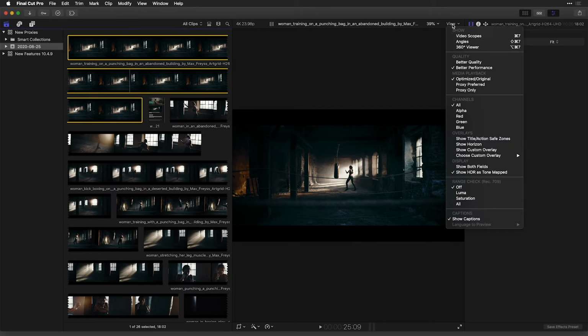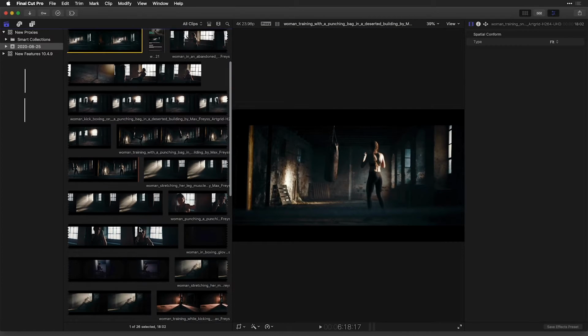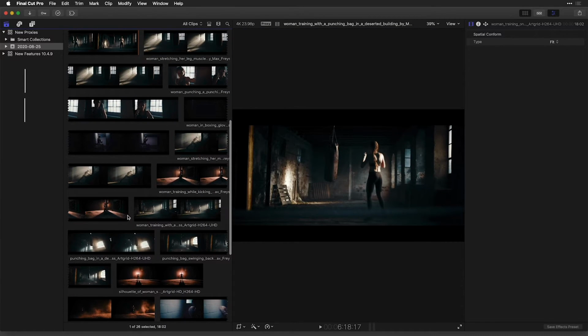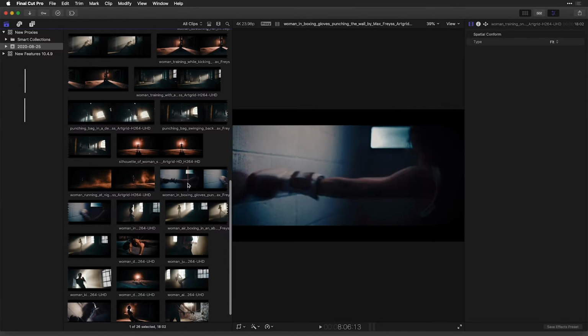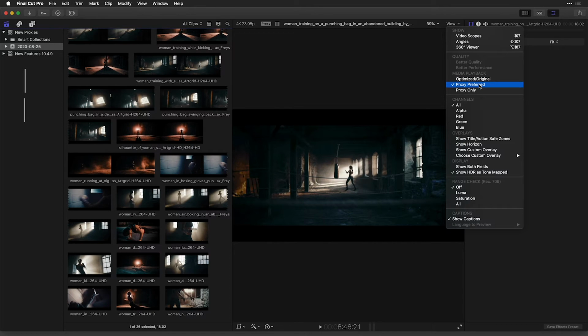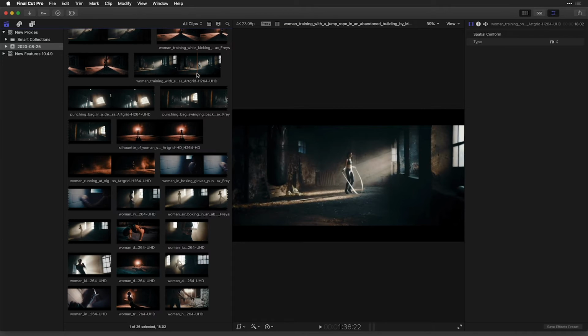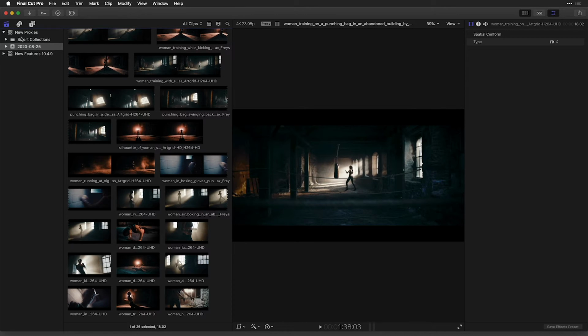Now if I head to the View menu under the Viewer, under Media Playback I also have some new options. Besides connecting to the optimized original media, I'm going to choose Proxy Preferred. If there is a proxy file available, it will connect to it. And since we created proxies of all of our video clips, it's connecting to the proxy files for each of these clips. Now, if I wanted to, I could go to View Proxy Only, which might be a great solution if I wanted to hand this off to a video editor and make sure that they are only going to look at the proxy material in their library. And that's exactly what I want to do.